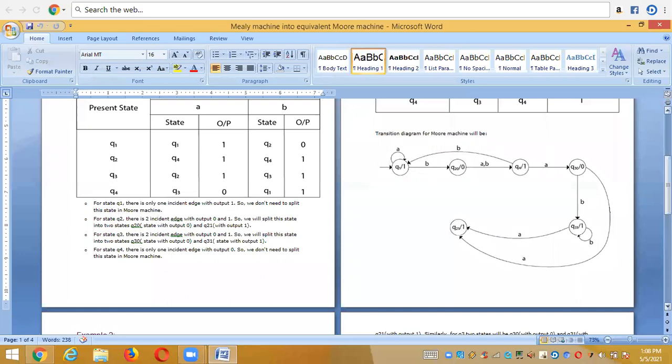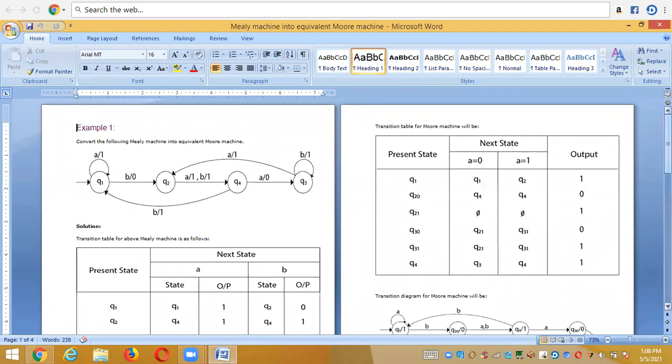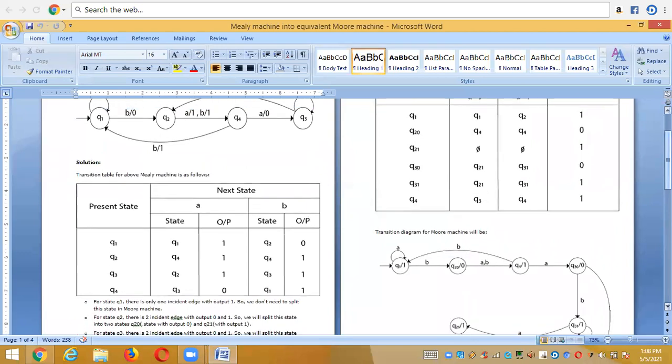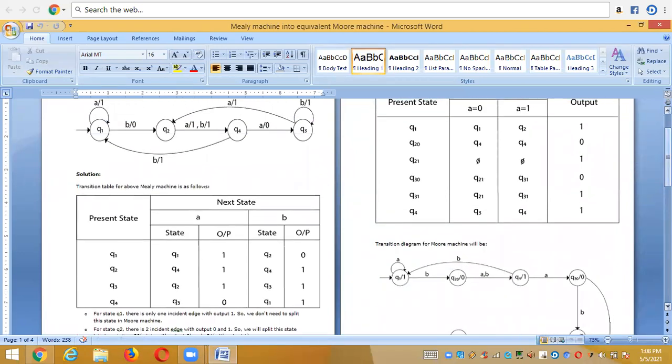Then after that, what you need to do is draw its equivalent Mealy machine table, sorry, its equivalent Moore machine table. And how to draw it means, see here: present state, next state, and the output. Only a single output lambda is given because now we need to convert it into its Moore machine, not a Mealy. So states have their own output. So for that, present state, next state, and the output, then the inputs are A and B, and the outputs are 0s and 1s, right?